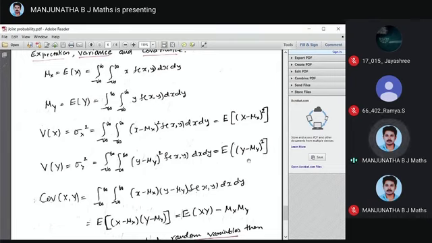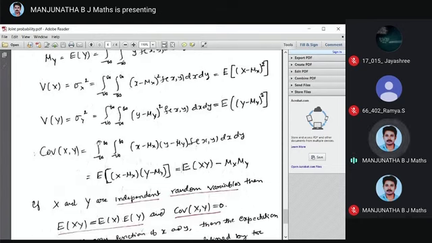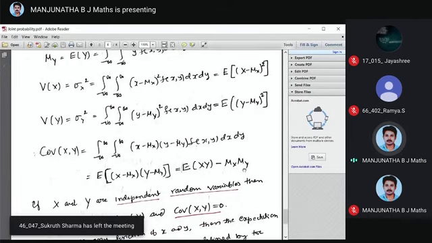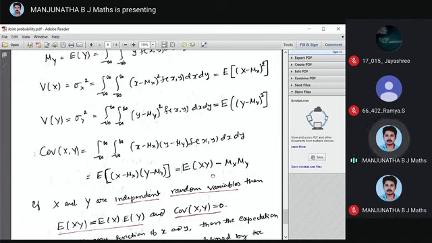That is expectation of y minus mu y whole square. Covariance formula is the same here also, expectation of xy minus mu x mu y. So nothing changes. Generally I go with this result only. Expectation of xy we will do. Expectation of x we know that, expectation of y, therefore I go through this result only.